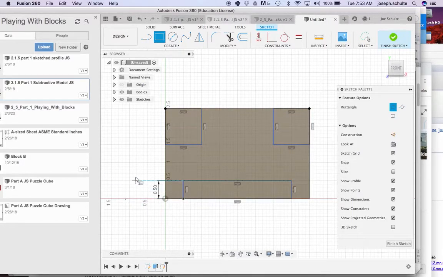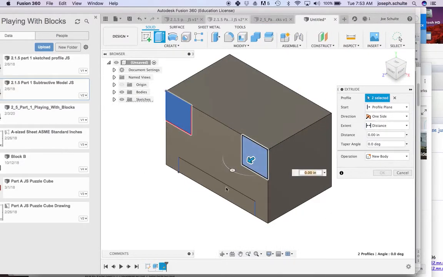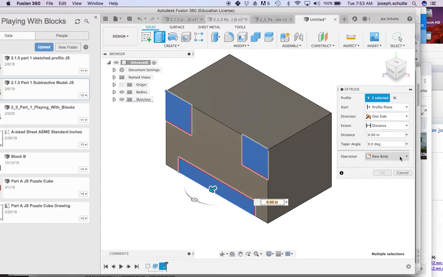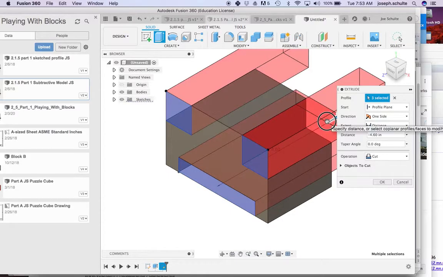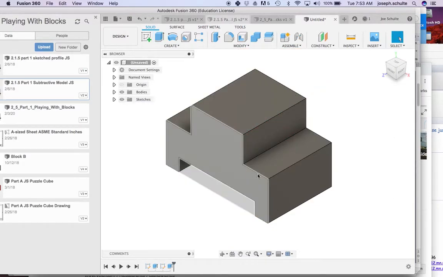And now I can use the extrude feature, hit the E key, but I can choose these cells and tell it that I want to cut instead of join. And when I do that, it's going to flip this. Should, it did not. I'll cut it all the way through. I've got to drag that arrow, cut these all the way through, click OK, and now I've got relatively the